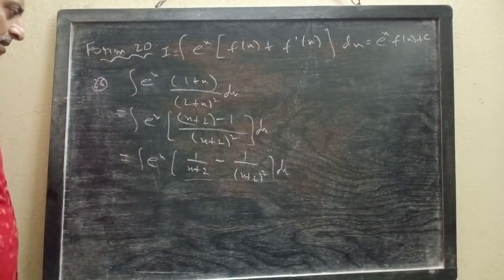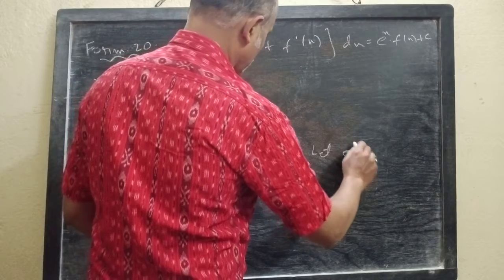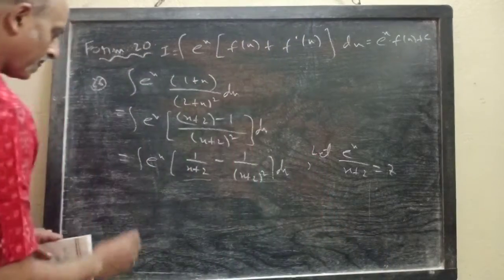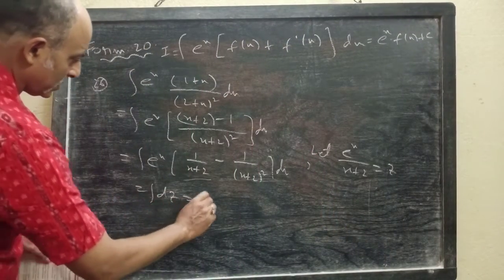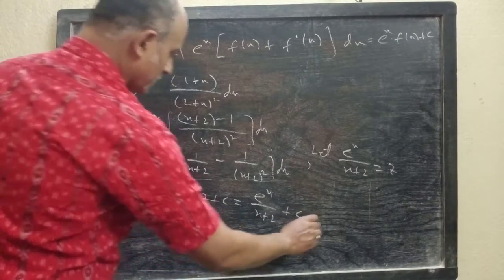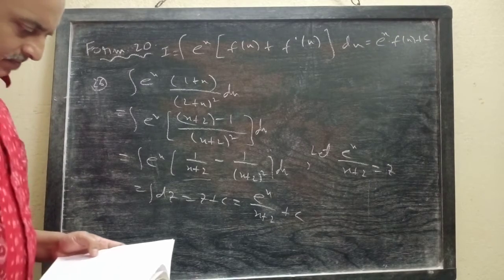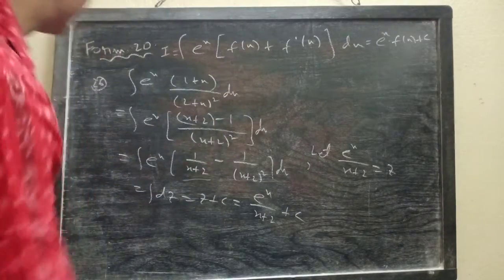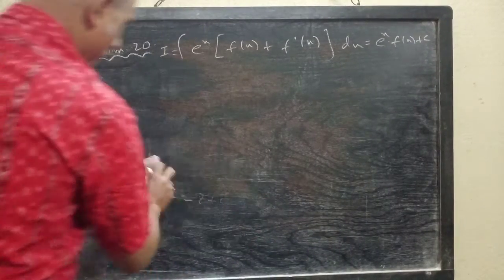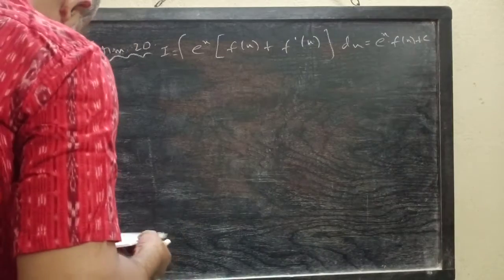Look, this is f(x), this is f dash x. So your solution will be, let e to the power x by x plus 2 be z, do differential, you will get integration dz, this will be z plus c. So the answer is e to the power x by x plus 2 plus c. Next question,